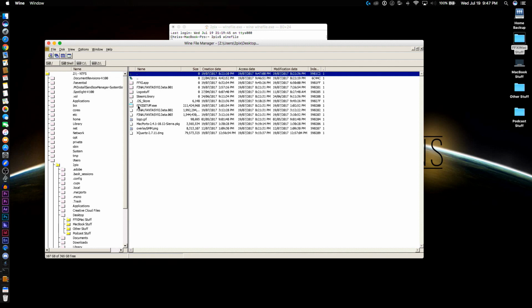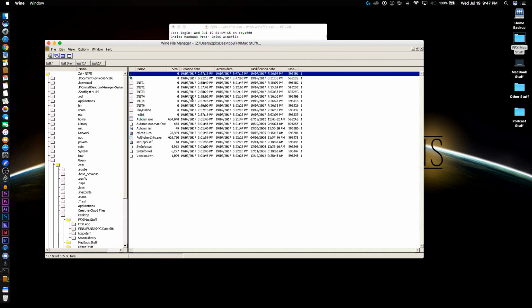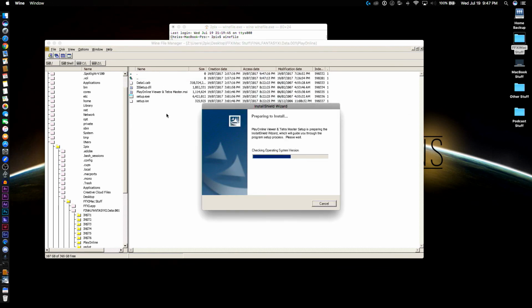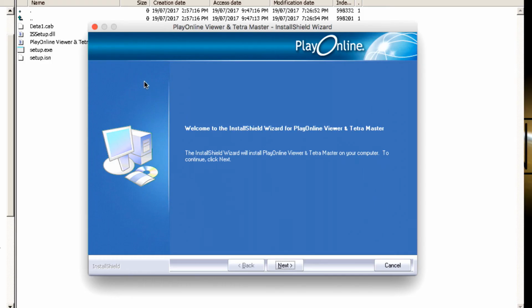Now again, you can use Final Fantasy XI Setup. That doesn't seem to cause a problem. But since I've unzipped the first data file here, we're just going to go into that folder. We're going to go into Play Online, and we're going to go to Setup. So if everything installed properly, you should see the Play Online install screen. So we're just going to click through here,